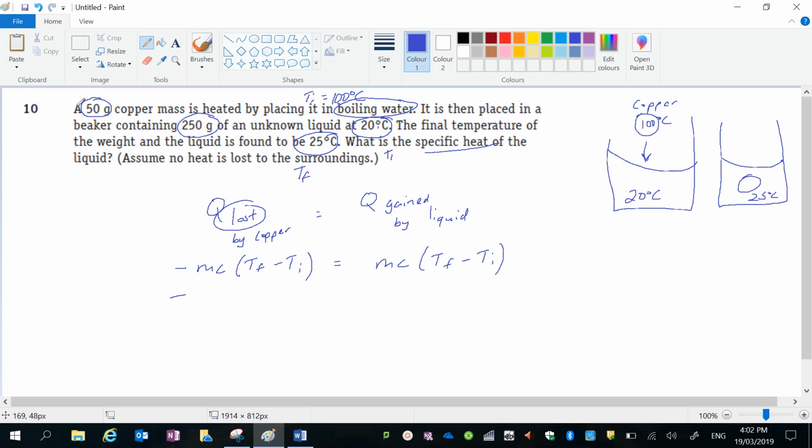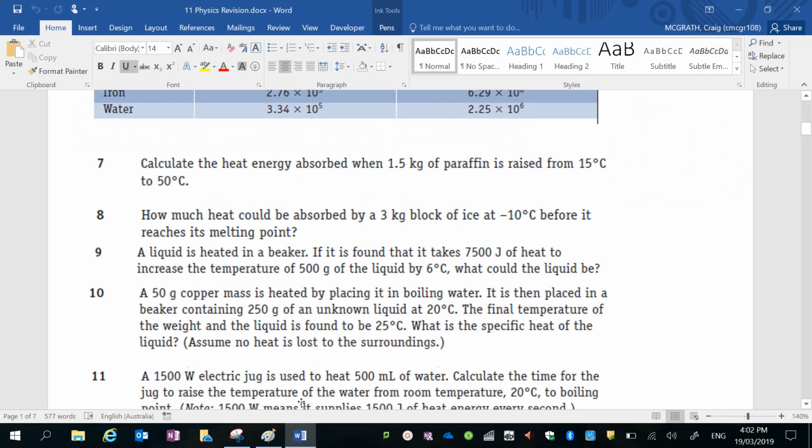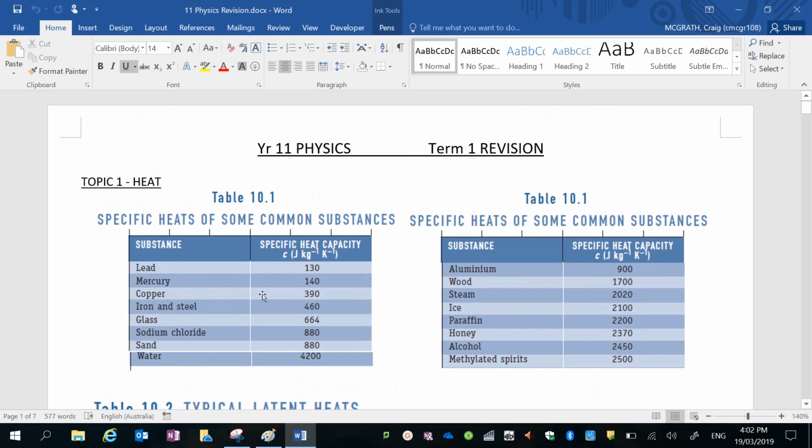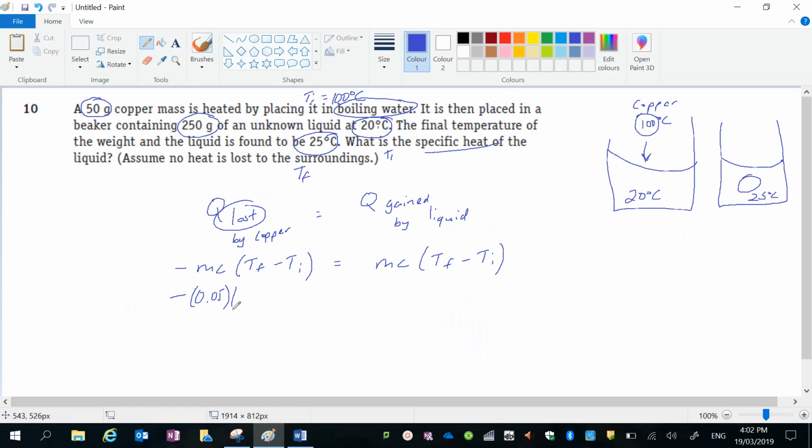It's negative mass, which is 50 grams, which we need to have in kilograms, 0.05 kilograms, times the specific heat of copper, which here it is, 390 joules per kilogram per Kelvin. So 390, then times Tf take Ti. So Tf is 25, that's the final temperature. That's the final temperature of everything, by the way, because if one was hotter than the other, the process of heat transfer would continue until they reach the same temperature. So final temperature is 25, the initial temperature of the copper was 100,